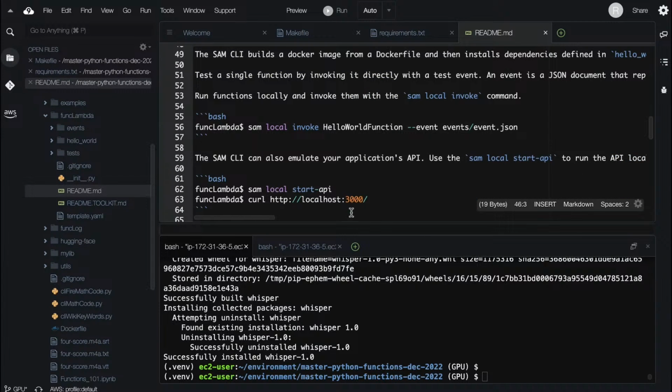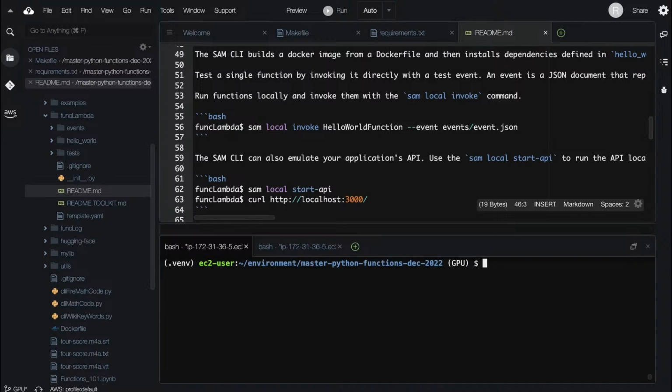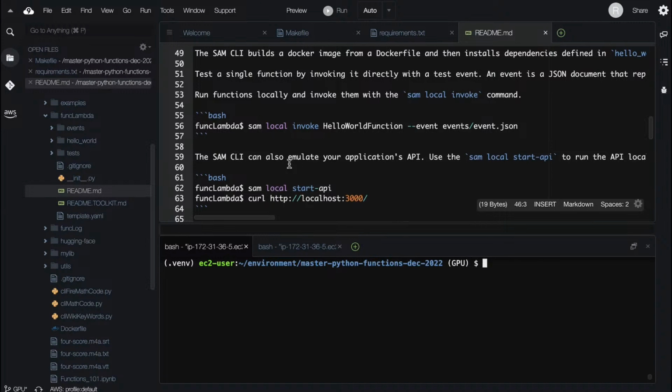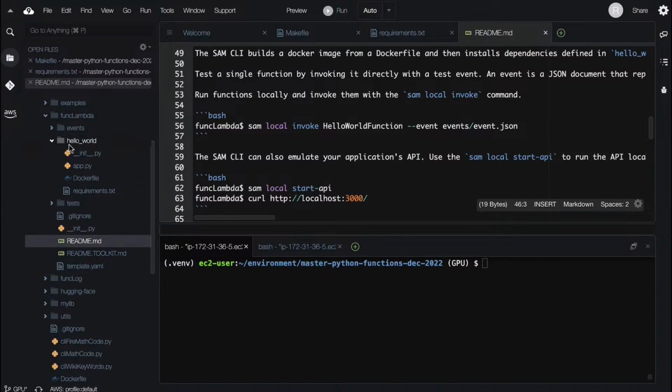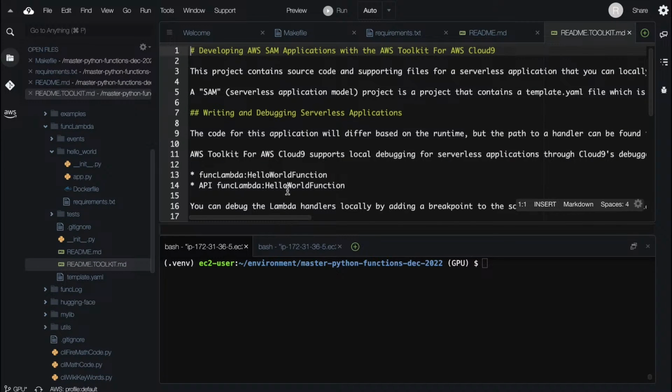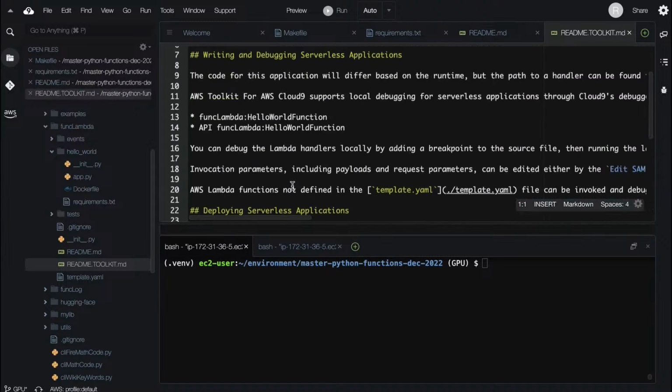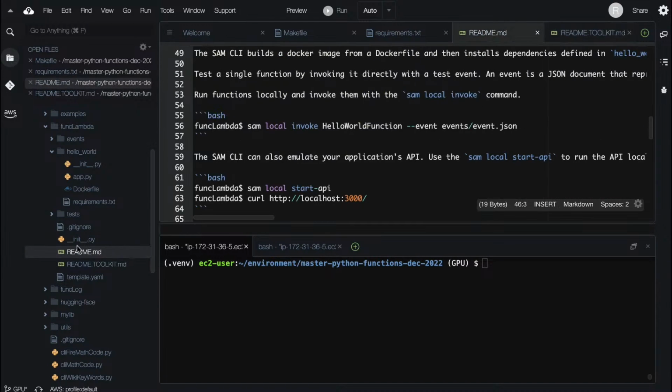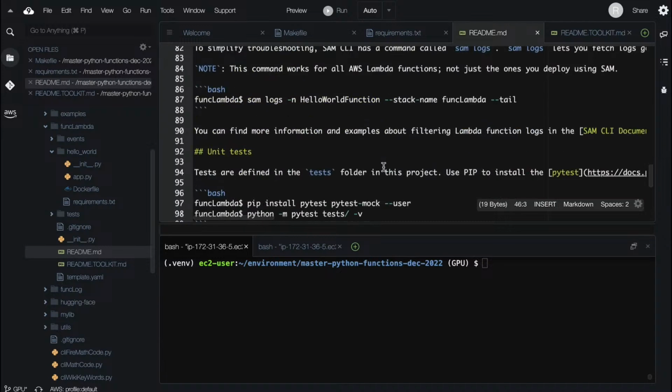And so to build your application with SAM build, you just say SAM build, and we can do all the stuff, and you can even invoke it locally. So this is kind of cool. So one thing I'm going to change though is that because I'm going to be building out this inside of this environment, I should potentially tweak things a little bit here because we have a separate set of requirements, right? And so I believe it will talk about that in the toolkit here. It will say something about that. It will say about the virtual environment.